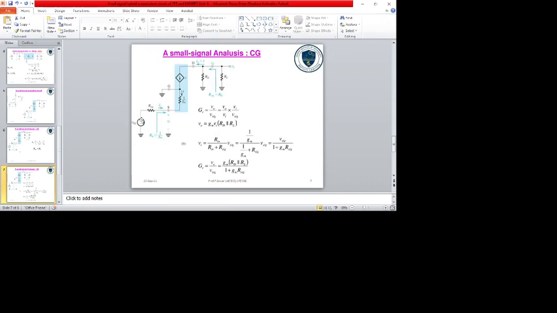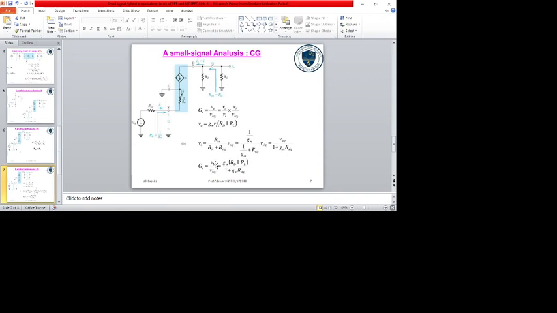Here V input signal is a known value. At this source terminal, we can find Vi after applying the voltage division rule. So V signal into branch resistance divided by total resistance will be Vi. Here the input resistance can be replaced in terms of transconductance. So Ri is 1 by Gm, over 1 by Gm plus R signal. After simplification, Vi is equal to V signal divided by 1 plus Gm R signal.